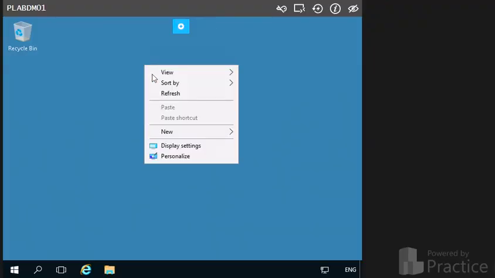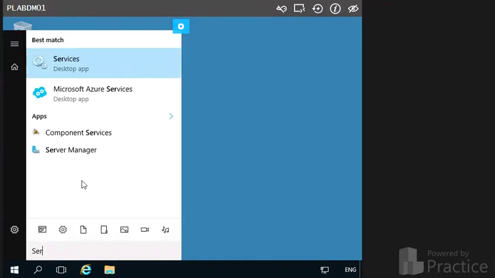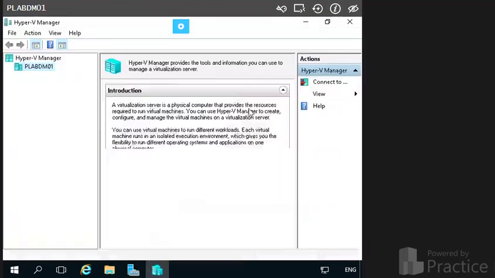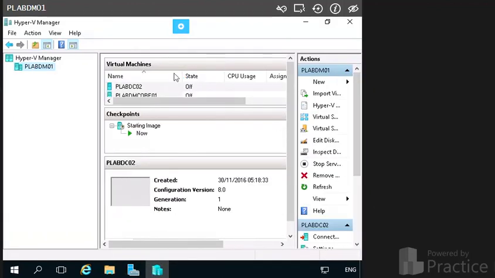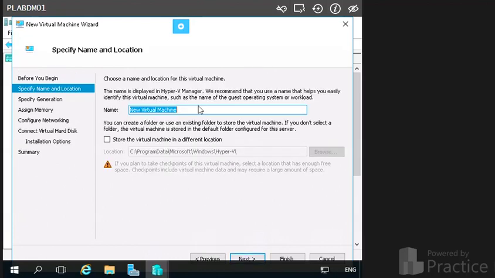Now here we are logged on to the PLAB TM01 from our practice lab platform that you are already familiar with. Here we are going to launch Server Manager, which may automatically open when you log on. Go to Tools and launch Hyper-V Manager, and right click PLAB TM01, go to New and Virtual Machine to create a virtual machine for the installation of the Server Core. Before you begin, just click the Next button and name it Server Core,